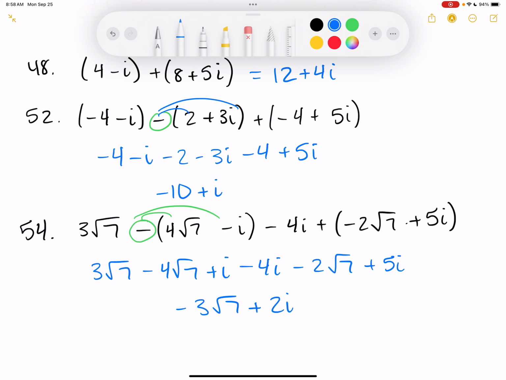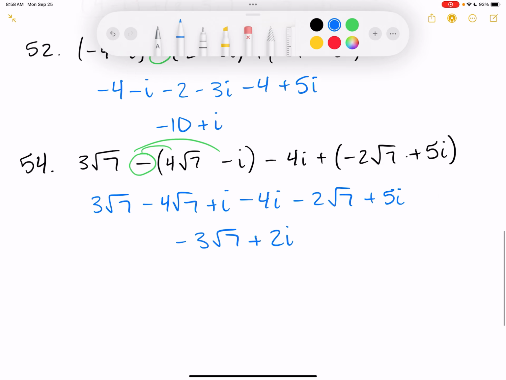I'm going to go ahead and show you one product problem, so one multiplication problem, and then we'll pick up the rest of this section. It's only like 5 or 6 more problems that we'll have to do next Monday to finish this section. But 56, we got negative 2 plus 3i times 4 minus 2i. And so with these, we just FOIL, okay? So we would have,